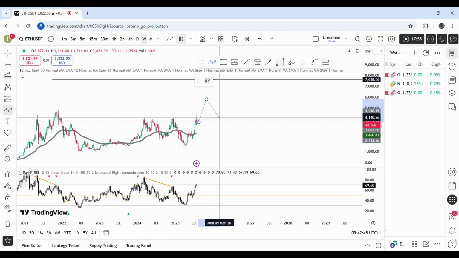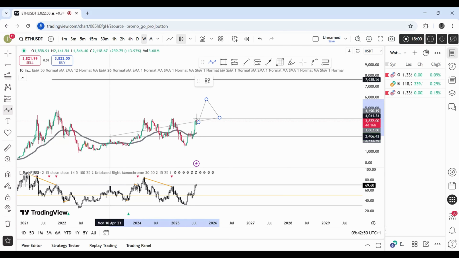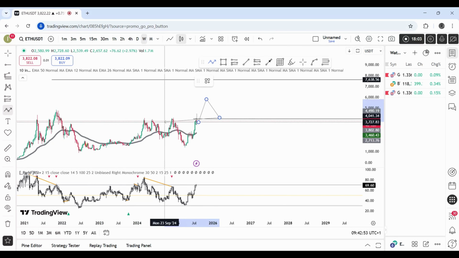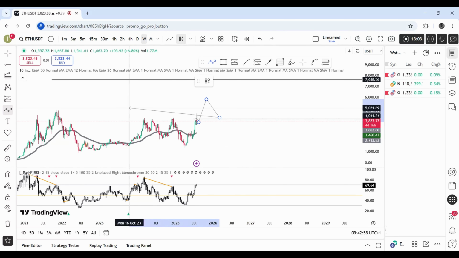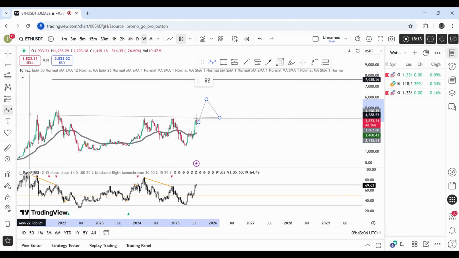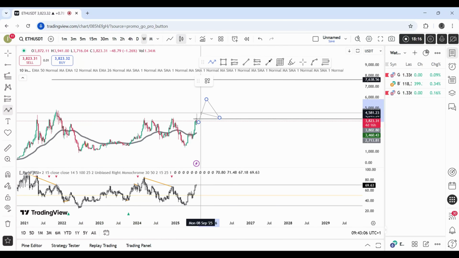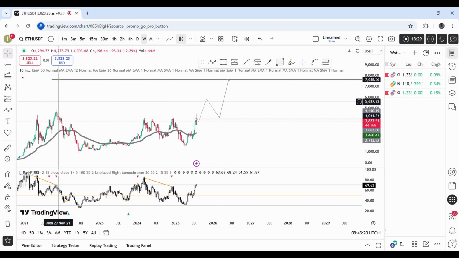Then come back to retest this resistance area, or you can also draw your key zone from here to here, and come back and retest it. Sorry, not resistance area, retest this support area, or you can draw your key zone from here to here. So once price comes to retest this support area, it's going to break to go to around the 70k level. So that is what I'm expecting on Ethereum this week. Well, let's go to